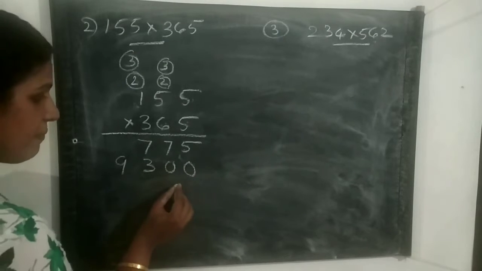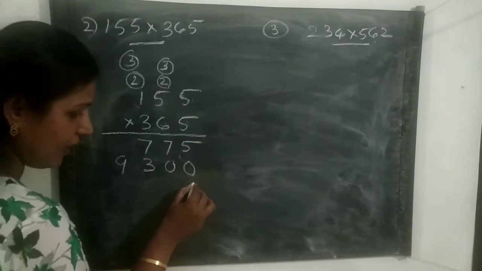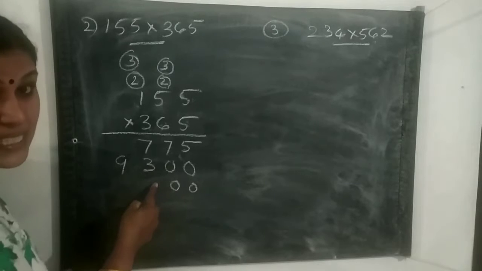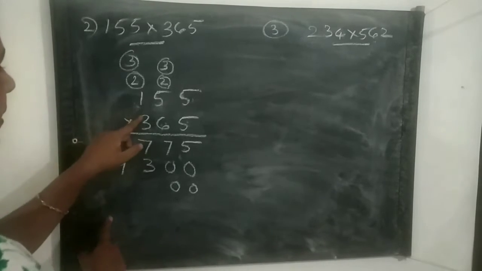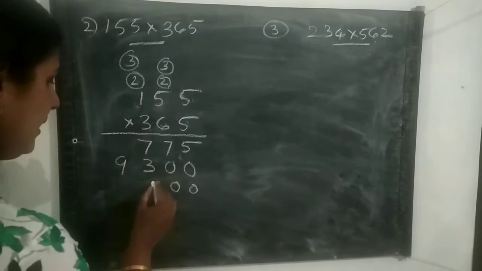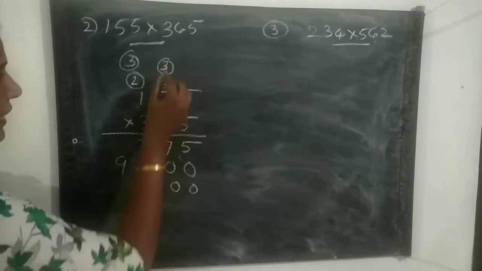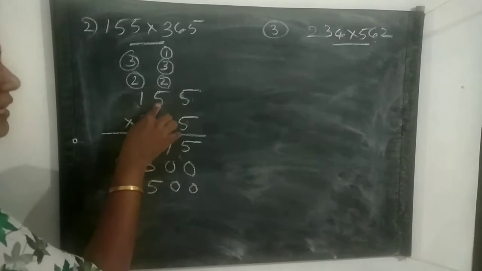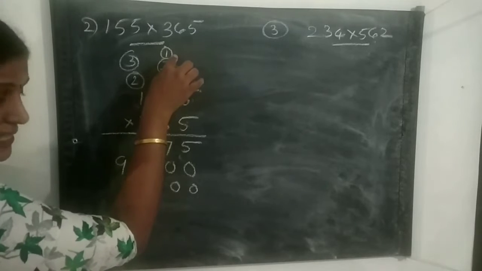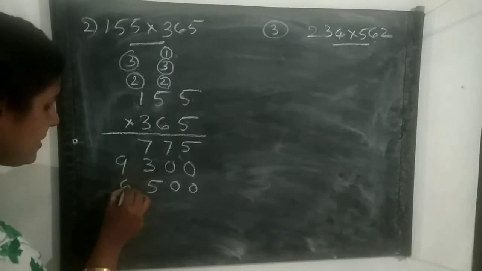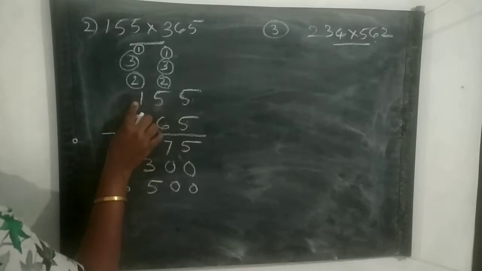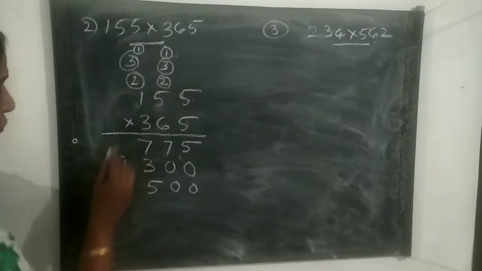Then next we put the 0 in the unit place and the tens place. We start from the hundreds place number. So here 3 5s are 15. Here we write 5 and the carry over is 1. 3 5s are 15, 15 plus 1 is 16. So here we write 6 and the carry over is 1. 1 3 is 3, 3 plus 1 is 4.